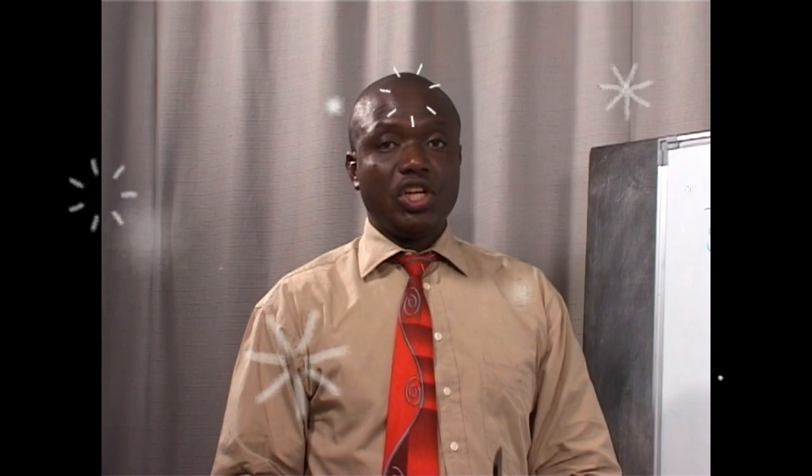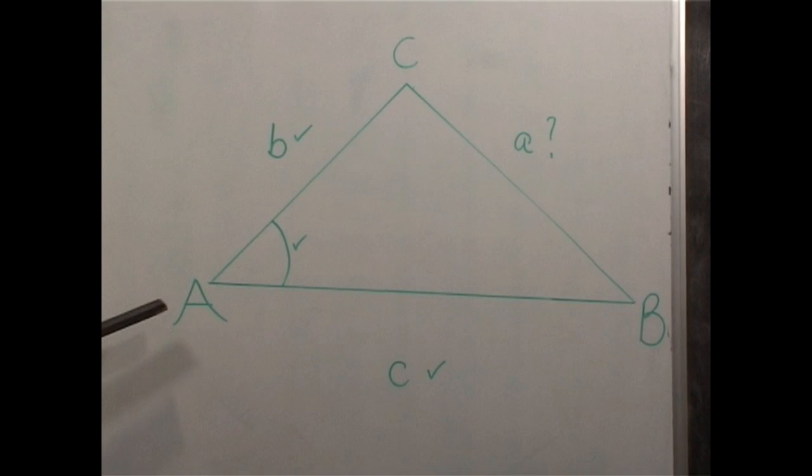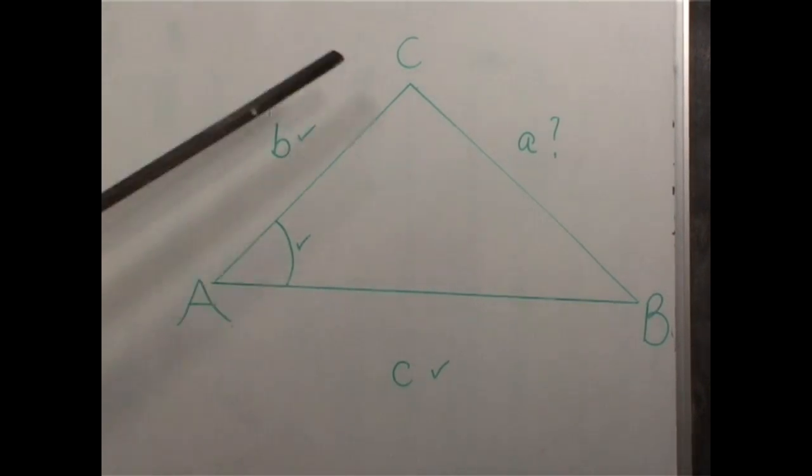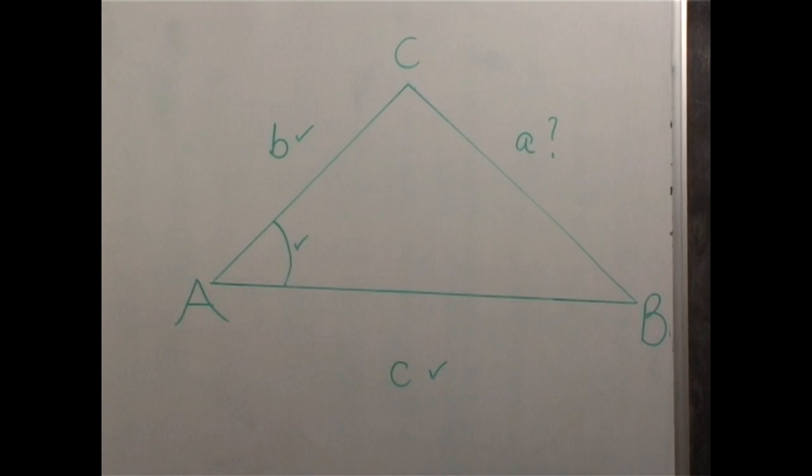Having justified that the sine rule cannot be used in this situation, we are going to use a general case of triangle ABC to derive the cosine rule, so that at the end we'll be able to use it and be able to solve this problem. So let's move on and derive the cosine rule. We have a general situation of triangle ABC, but the conditions are similar to the ones in which we failed to use the sine rule. The angle at A is given, the side c is given, the side b is also given. The task at hand is to find